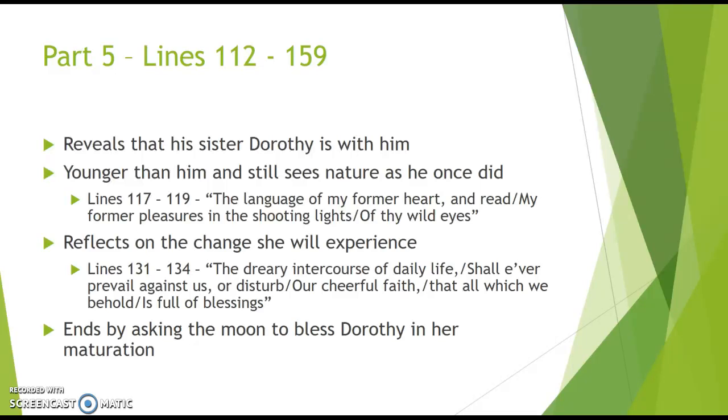So again, overall, those two themes that we really see are the idea of growth or maturing, and then nature as a curative. So this really works well as a comparison for William Blake's works, although it does have some of the same themes that we are discussing in Coleridge's Christabel as well. And that's the end of this lecture.